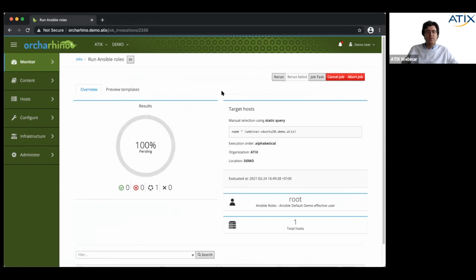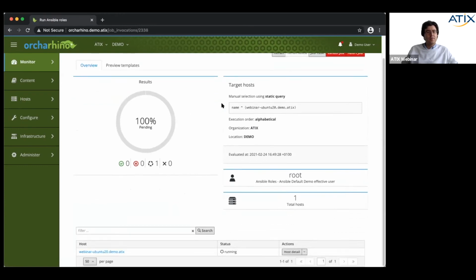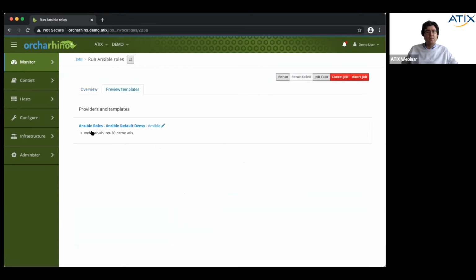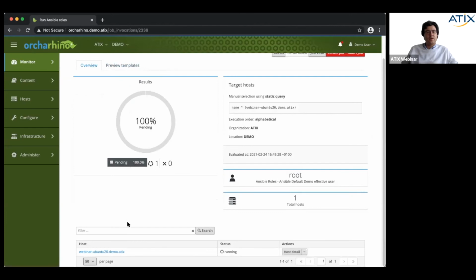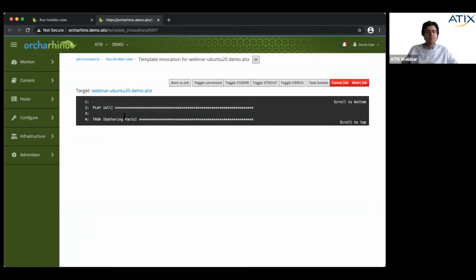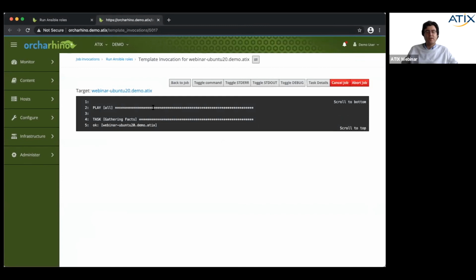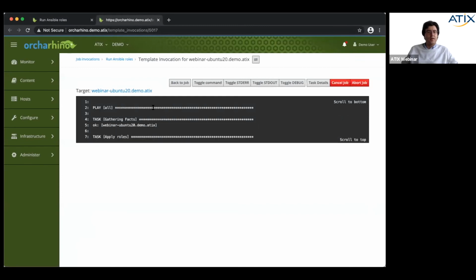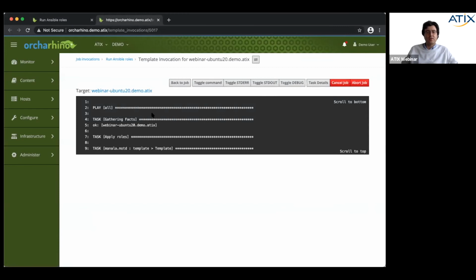So we see this is still going to be run. Here we see the template which is being executed. And if we click on the server name, we see what we expect from Ansible, and the Ansible role is being executed.